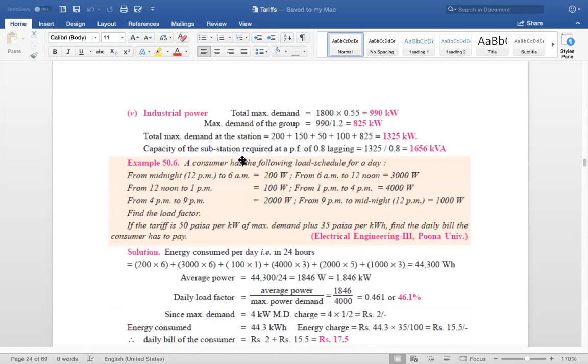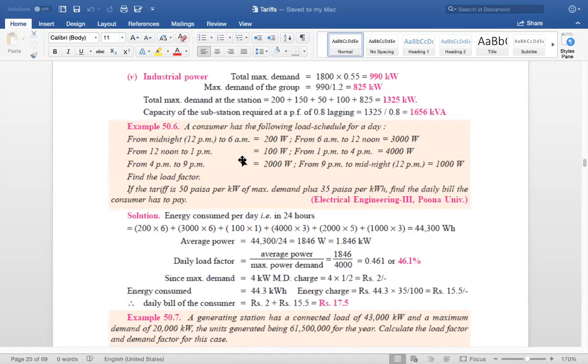Okay, then we'll do just another example for tonight. A consumer has the following load schedule for a day. From midnight to 6 a.m., 200 watt. From 6 a.m. to 12 noon, 3 kilowatt. From 12 noon to 1 p.m., 100 watt. 1 p.m. to 4 p.m., 4,000 watt. And then from 4 to 9, 2,000 watt. And 9 to midnight, 1,000 watt. What is the load factor? And if the tariff is 50 cents per kilowatt of maximum demand, plus 35 cents per kilowatt hour, find the